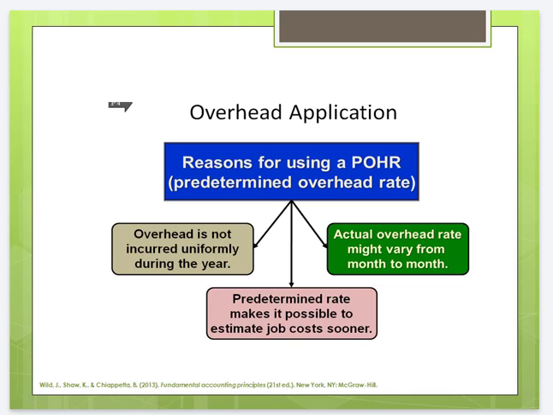Now here on this slide, we see a few reasons why a company might want to do that. I can tell you that the primary reason is so that we can record transactions throughout the accounting period. We're able to quote and estimate jobs in order to give our customers an appropriate price for a given job or product. And in addition to that, we're able to record the cost of a job during the period to match that up with our revenues rather than waiting until the end of the accounting period